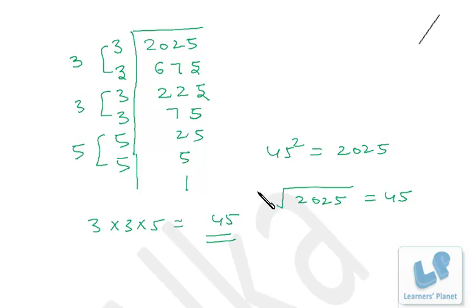Okay, so the whole story should be clear in your mind, right? What is square and what is square root, and how do we find out the square root? Okay, so this is very simple. Just take out one number from each pair. A pair of threes there, we take out 1. Pair of threes there, we take out 1. Pair of 5, we take out 5. Okay, so 3 into 3 into 5, 45 is the square root of 2025. Okay,